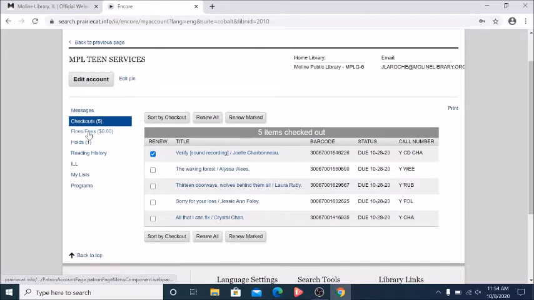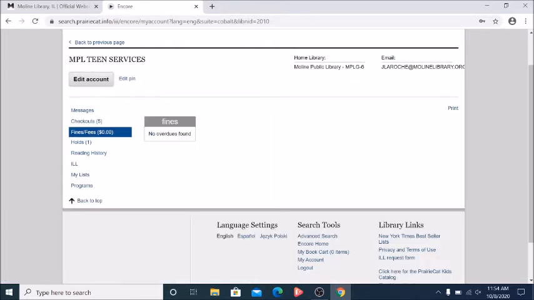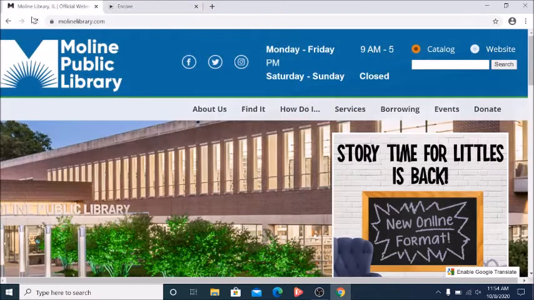The next item down is Fines and Fees. And if you do have anything that is currently overdue, you would see it here along with any other accumulated fines or fees that you might have. If you do owe money, you will have the option to pay online here, and I am sorry, but I can't actually show you that on mine because my account doesn't get fines,